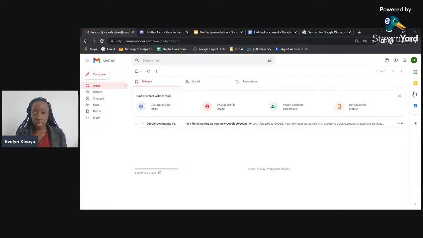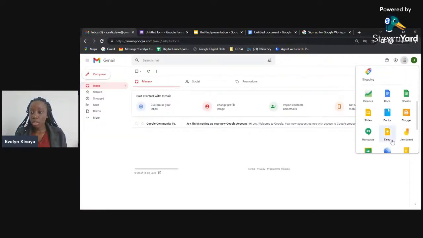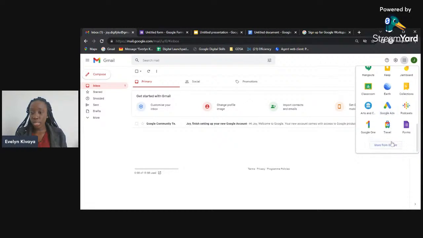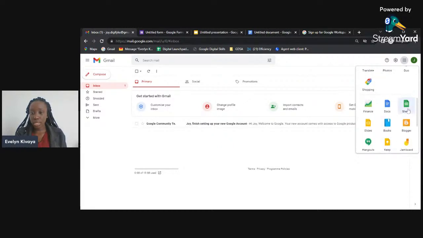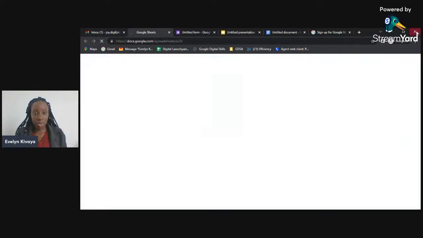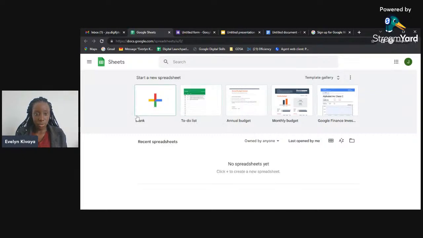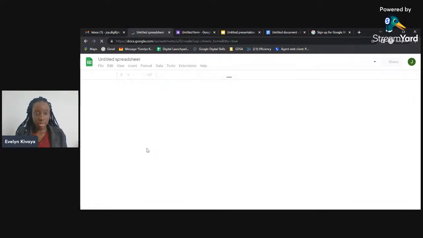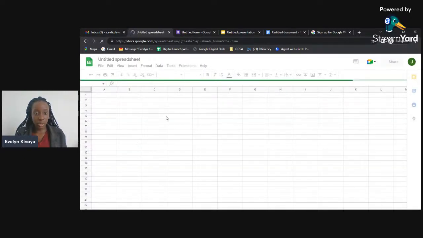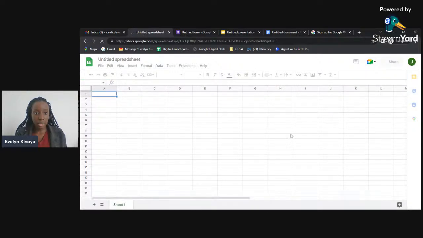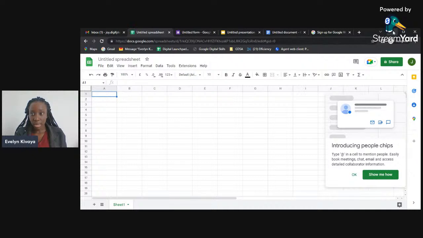And then the final Google Workspace tool that we checked into was Google Sheets. This one is really common, so you can just click, you start. It's more like an Excel sheet where you can literally store all your data. Practically, in our organization, we really make use of this. Maybe I can show you an example of how Google Sheets actually works.